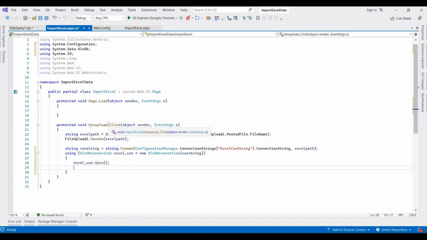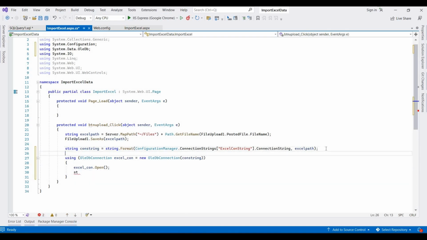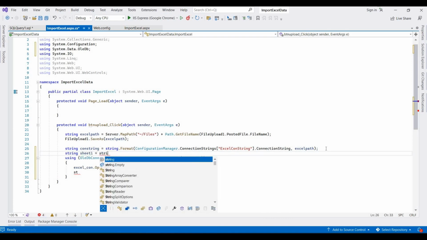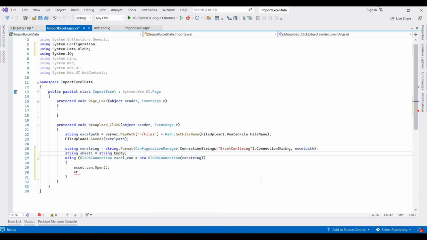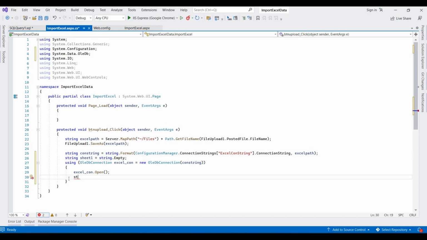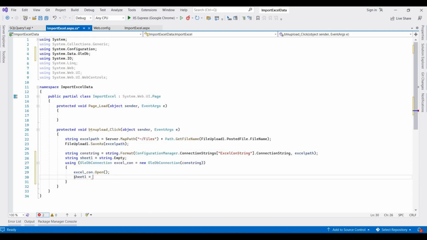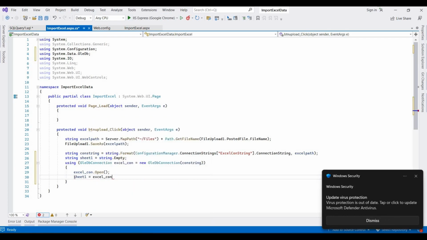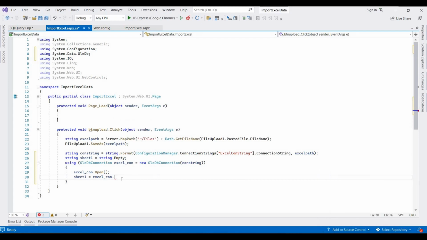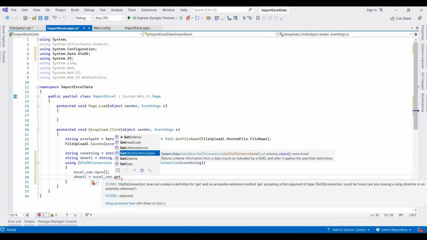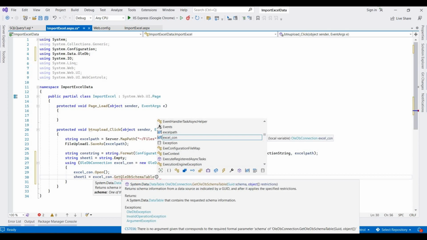I'm creating a sheet object here. It's a string, so I declared this as a string. Sheet1 is equal to string dot Empty, and then we write here Sheet1 is equal to Excel con dot GetOleDbSchemaTable, and then here